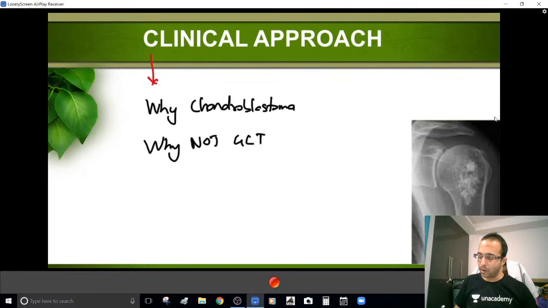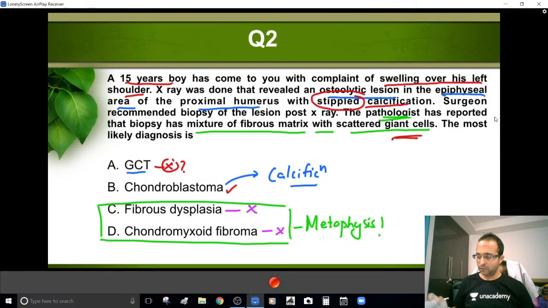So that is how I solve an MCQ. That not only are you supposed to reach a diagnosis, you're also supposed to remove a diagnosis. So I've removed these two things by the fact that they are metaphyseal. So I have to choose between the two. I've picked up chondroblastoma because of calcification, but I have to rule out why it's not GCT